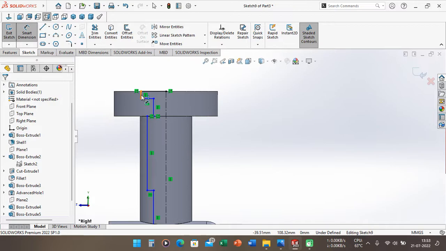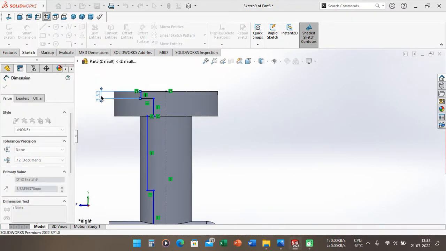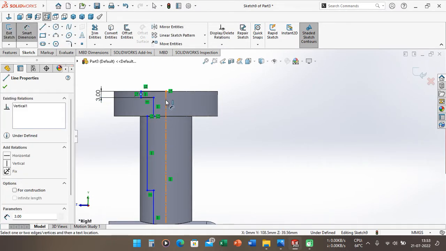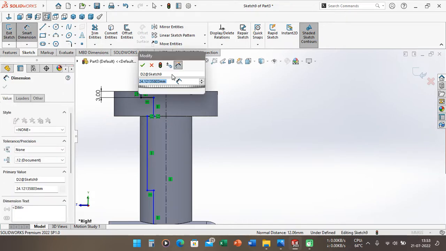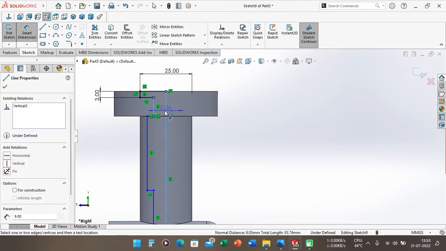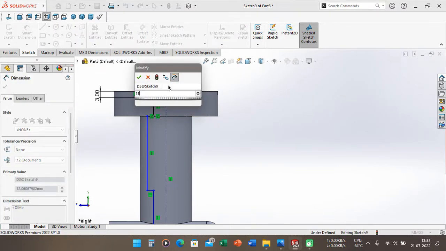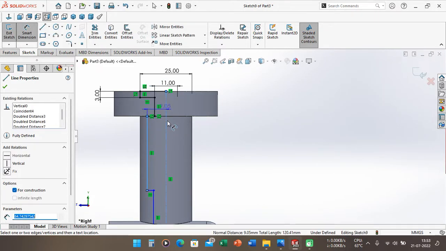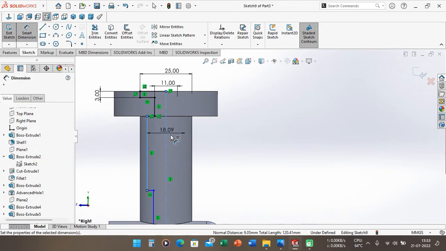After that, we can define the line of this tap hole. Smart dimension. We can define the thickness of this first hole. The thickness is 3 millimeters, and then the diameter of this first hole we can drag to the right side, and we can define 25 millimeter, and the second hole is 11 millimeter, and the third hole is 14 millimeter.